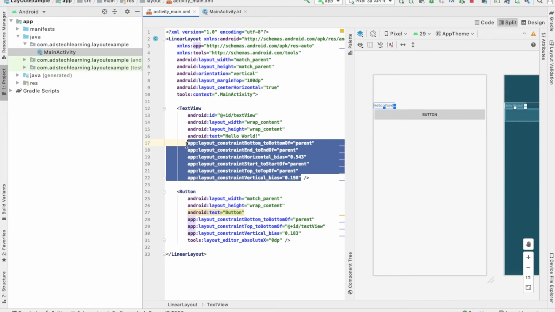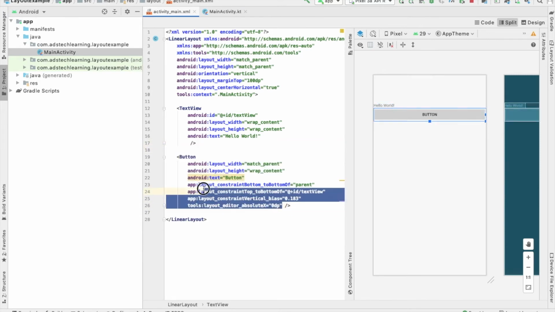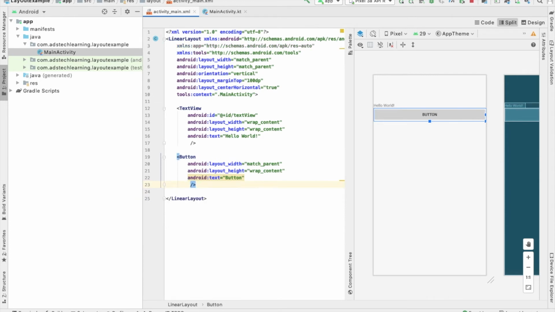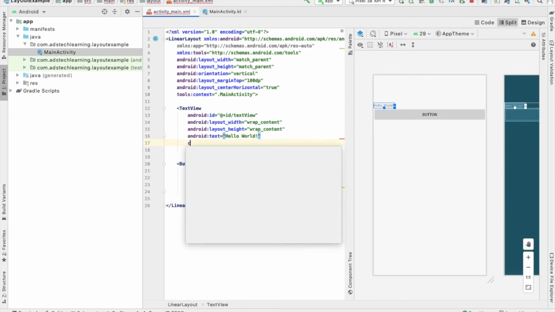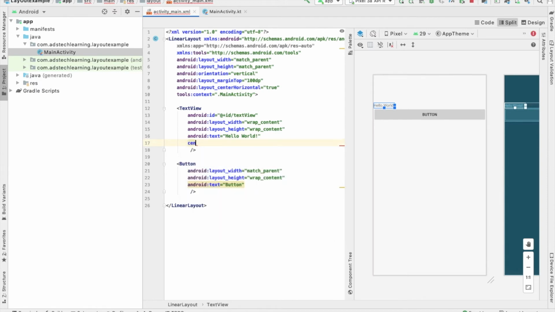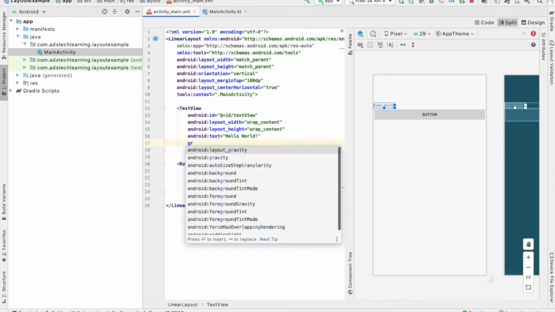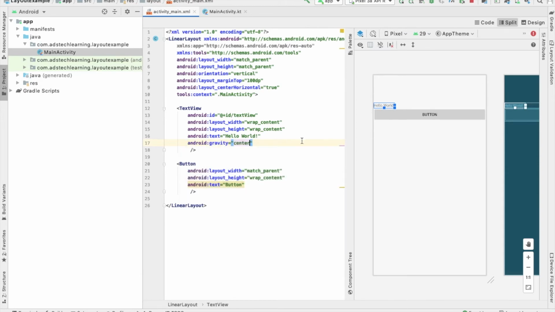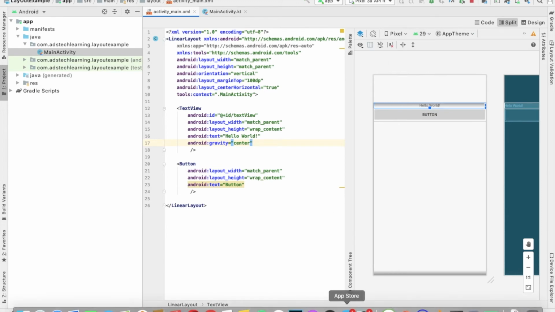So these constraints are not needed. I'll execute this program. We'll see what output we are getting.